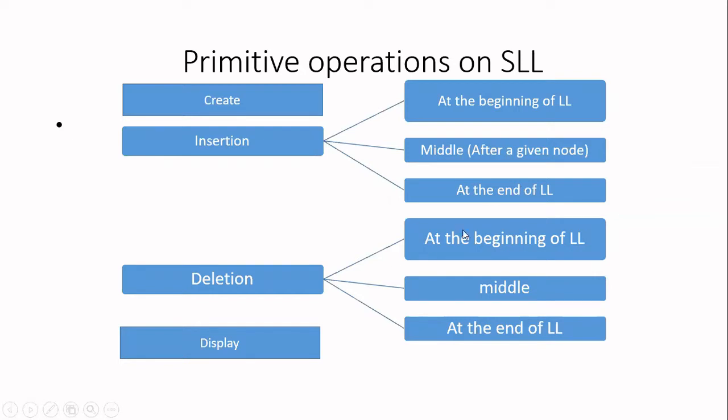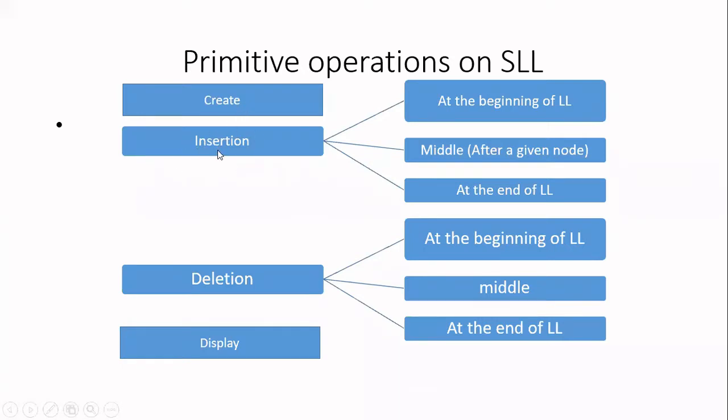One operation is called create, the second operation is insertion, third one is deletion, fourth one is display. Now try to understand the difference between create and insert. In case of create, your linked list will be initially empty. You will create the first node in the linked list. That is called create. Special case, create the first node. Whereas insert is nothing but already a linked list is existing. It may contain either 1 node or 2 nodes or 100 nodes, but minimum 1 node will be there. To that list, you are going to add 1 more new node. That is called insert. Okay, so this is the difference between create and insert.